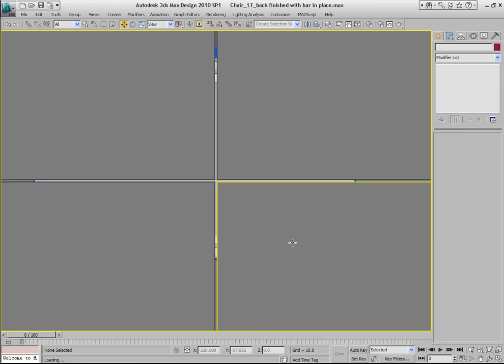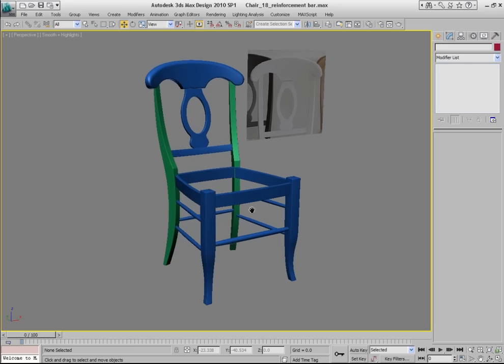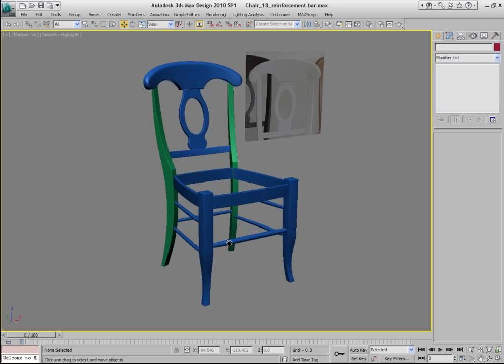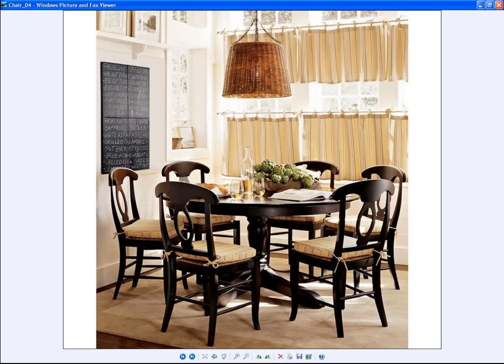So you can see what we have right now is the model of a chair where we have the front and the rear legs finished. We also have all the elements of the backrest of the chair finished. We have this seat frame, we have all those reinforcement bars, and now it's time to model the very last element of this chair, which is the seat. This is probably the most time-consuming step in the creation of this model, and in order not to spend too much time,